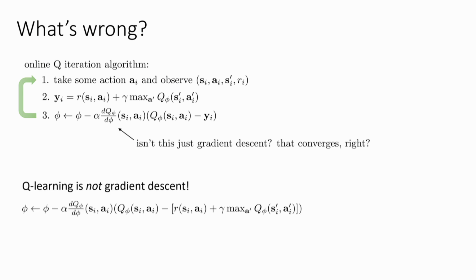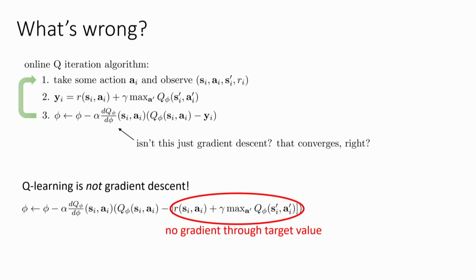If we were to actually plug in the definition of y into this equation, we would see that there's no gradient that actually flows through this bit. So we hit this with dQ d phi evaluated at s_i a_i, but if we want to have actual gradient descent, we have to push a gradient through this thing also. That's very difficult because there's a non-differentiable max operator. It's actually very difficult for yet another reason. Even if you can differentiate through the max, it still won't work. That's a much longer story, so if you want to learn about that, ask me in office hours. But as classically formulated, this is most definitely not gradient descent, because it is not the correct gradient.